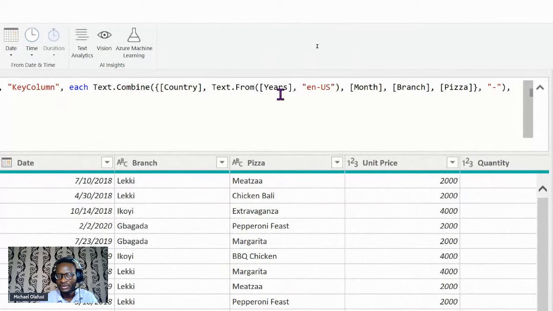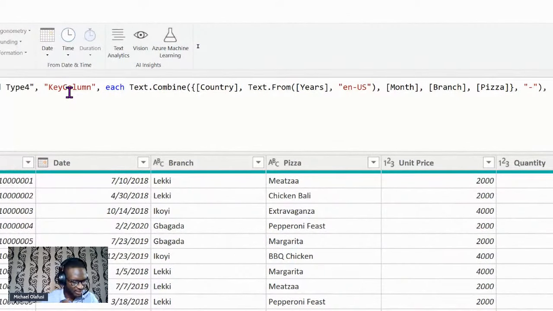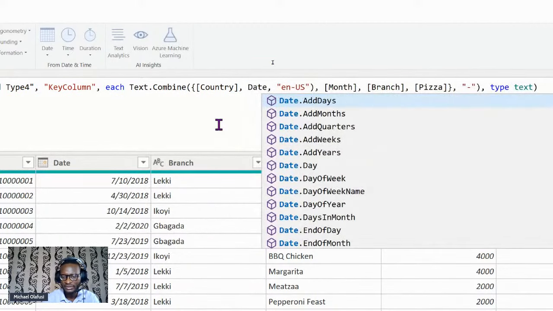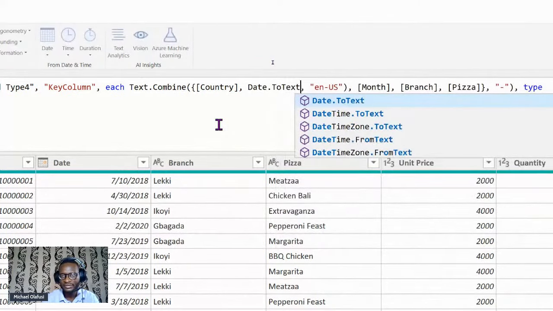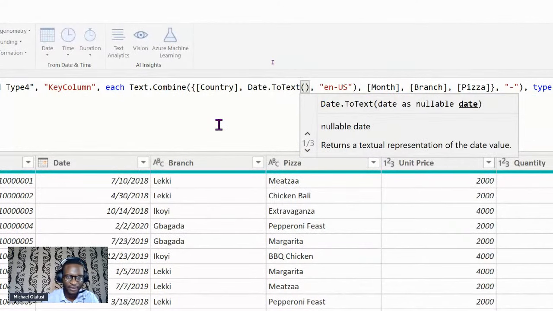Okay. So in this case, I need it to be date to text again. So this is going to be actually date to text. Then I have dates.